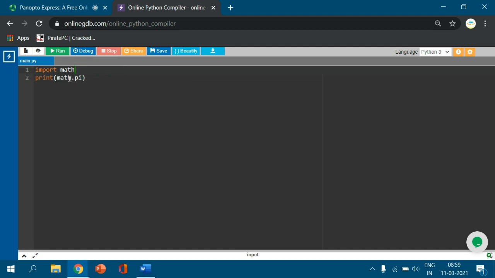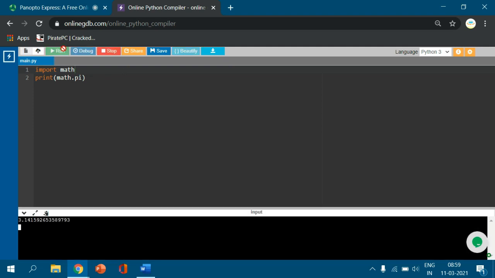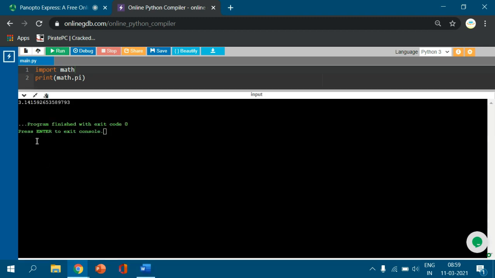Now I will execute this and show the results to you, and then I will write the actual program. Okay friends, can you see this? The pi value equals 3.14159 something. So by using this math module I write the Python program.